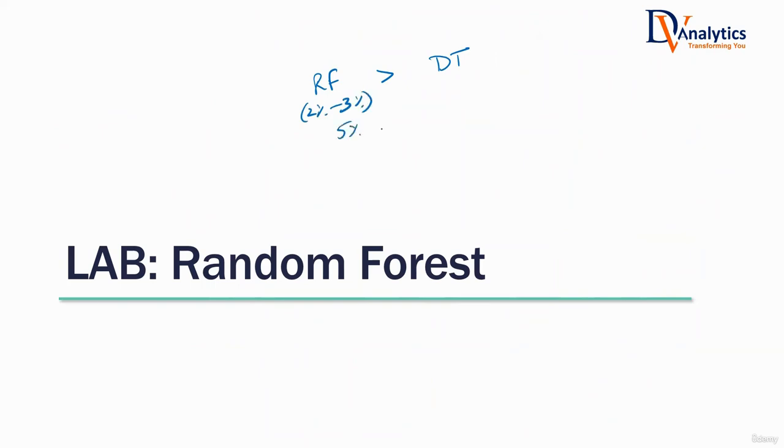Sometimes it is giving you 5% lift also. Then why do we still use decision trees in the industry? Why do decision trees still exist? Why can't we work with random forest everywhere? That was the question. Have you understood the question, all of you? Simple logical question, isn't it? If random forests are giving you better accuracy than decision tree, why do you still use decision tree? Why can't we simply use random forest? Can you think of an answer for this? What is the answer? Maybe due to the cost involvement.